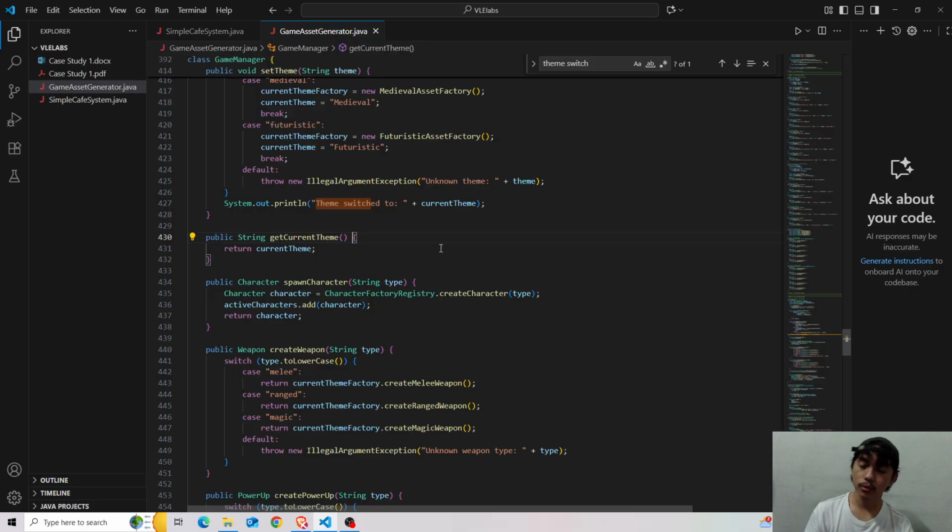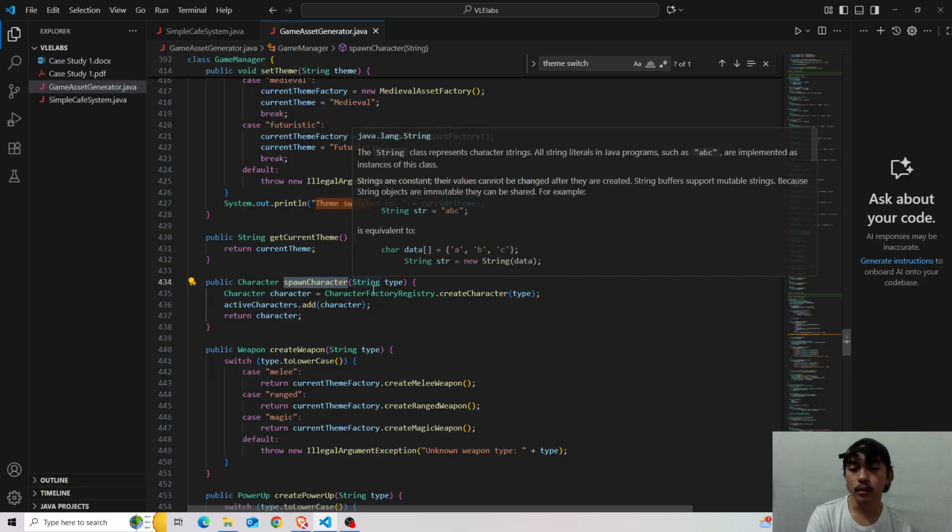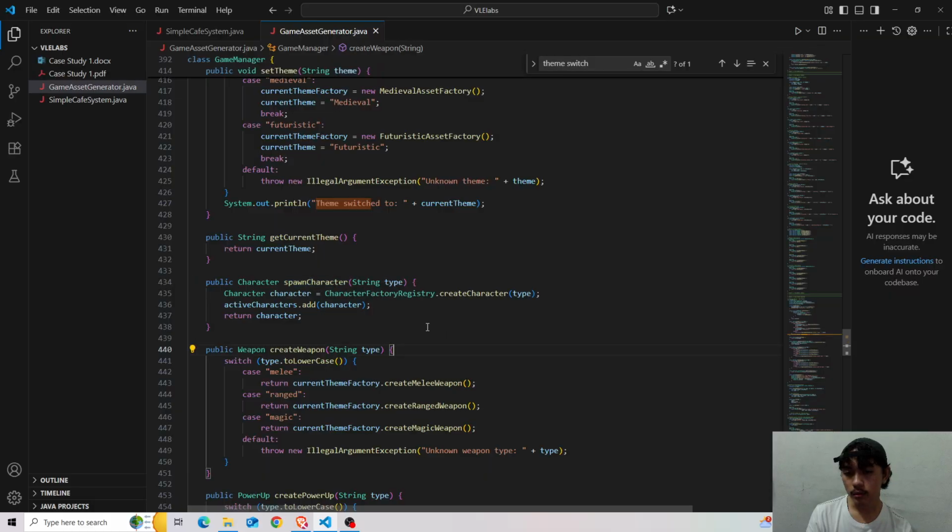So same as how we implemented characters before on our character abstract class: spawn character, then the type of the character, then registers the character factory into the character factory registry class, and then creates a new character with its type.